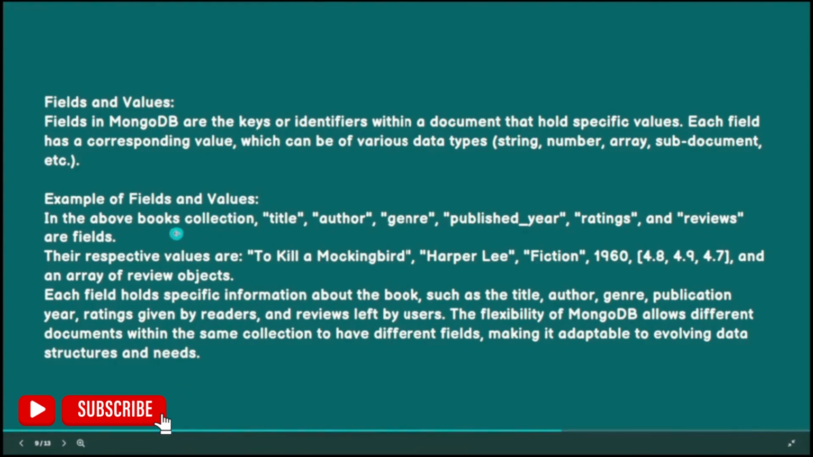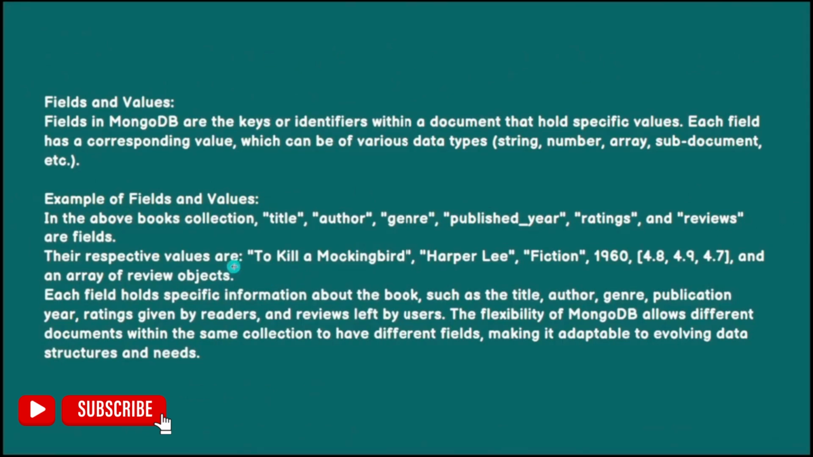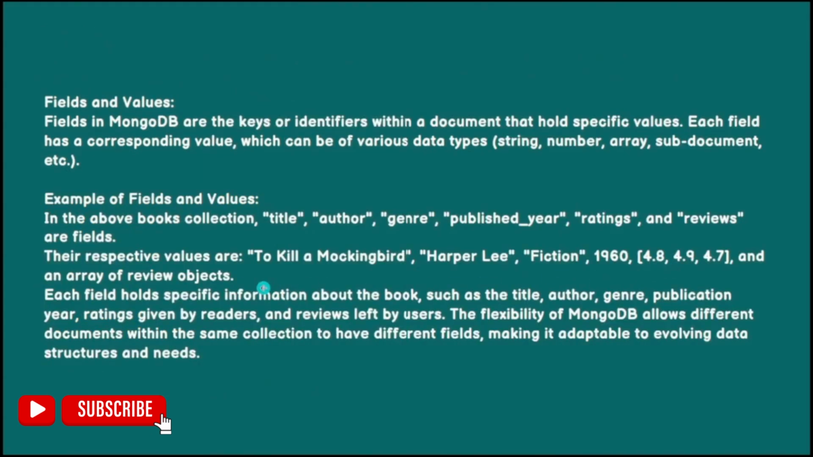As an example of fields and values in the above books collection, you can see that title, author, genre, publish year, ratings, and reviews are actually the fields, that is the keys, right? And their respective values are on the right side. Each field holds specific information about the book, such as title, author, genre, publication year, ratings given by readers, and